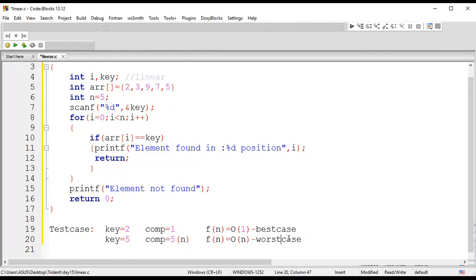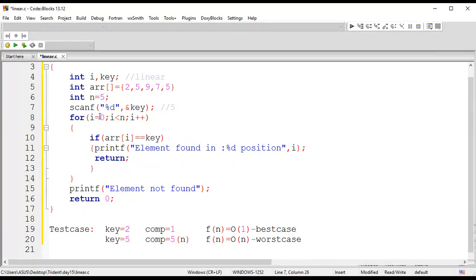Ma'am, if there are two same elements and we search for the element, will it search for the first element, or keep going and search the last element also? According to the algorithm we have written, it will search for the first element alone. For example, I'll clarify your doubt. Let me consider this example where this value 5 is repeated twice. So let us assume the key value given here is 5.